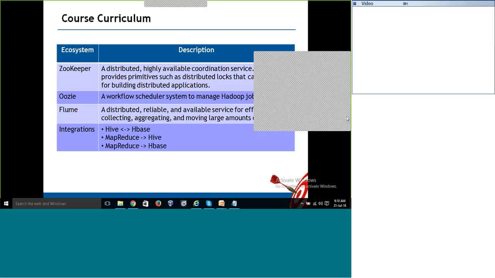Okay, even the developer curriculum that I sent, we'll be covering some administration also. How to set up a multi-node cluster, what the basic Hadoop management tasks are, how to manage the Hadoop cluster. These are the things that we discuss for the developers. It is kind of a full-time, full course curriculum, 60 hours. So we'll get a complete picture of all the ecosystems, so that we can explore more and more on these ecosystems by using the knowledge that you gain from these sessions.